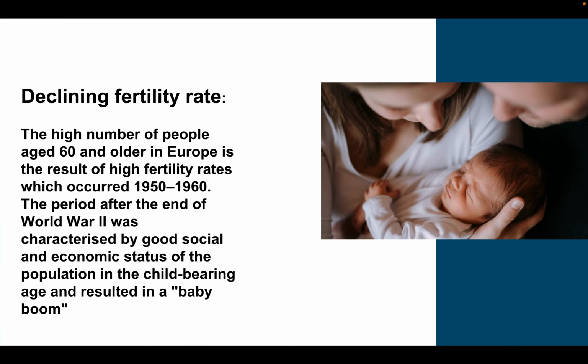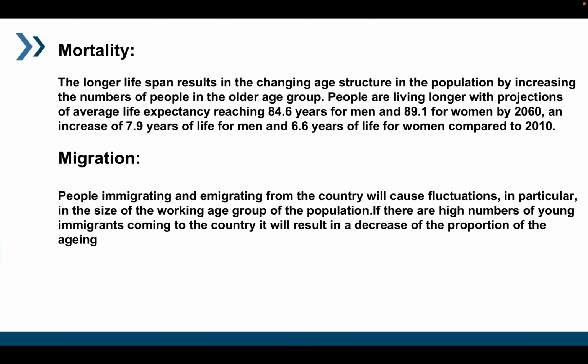So the next one is mortality. People are living longer, with a projected average life expectancy of 84.6 years for men and 89.1 for women by 2060. An increase of 7.9 years of life for men and 6.6 years of life for women